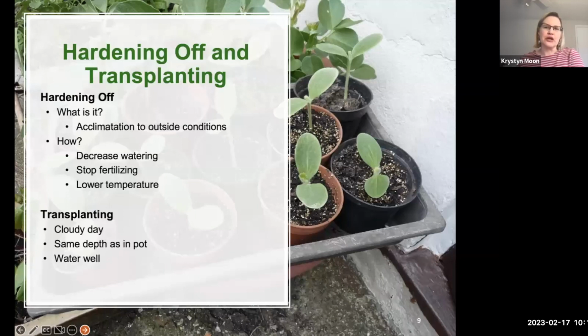So you don't have to worry about that per se. That said, there are some best practices for transplanting. First and foremost, if you can, do it on a cloudy day. A cloudy day helps protect the plant from some of the shock that it will go through when it gets put in the ground. The sun can be pretty harsh on seedlings, and so a cloudy day just gives it